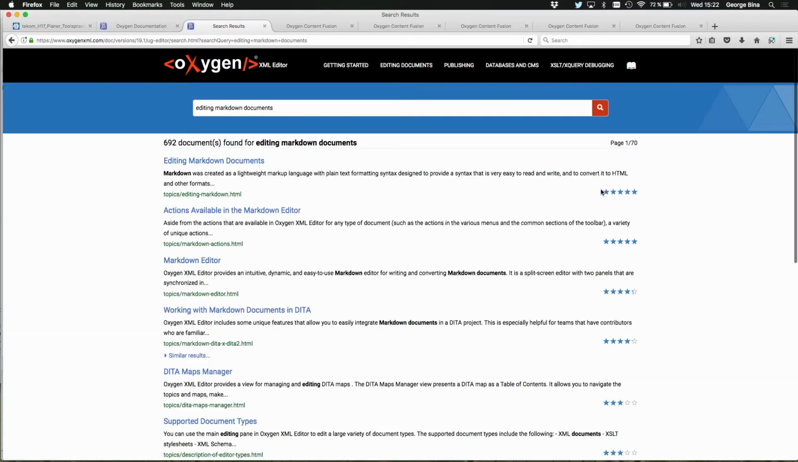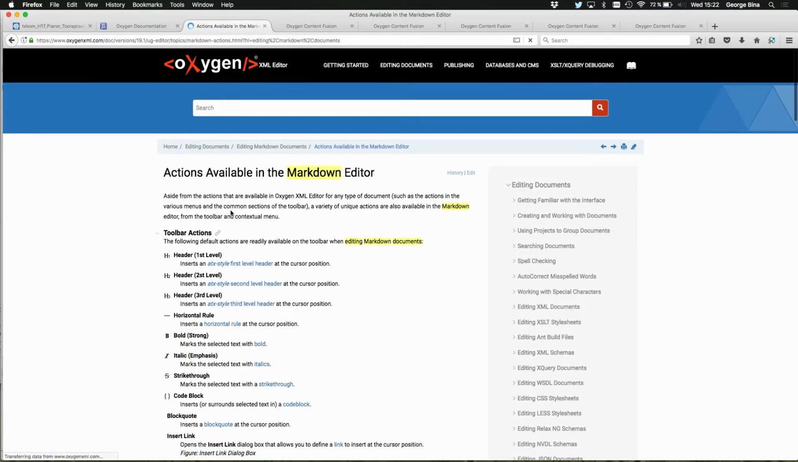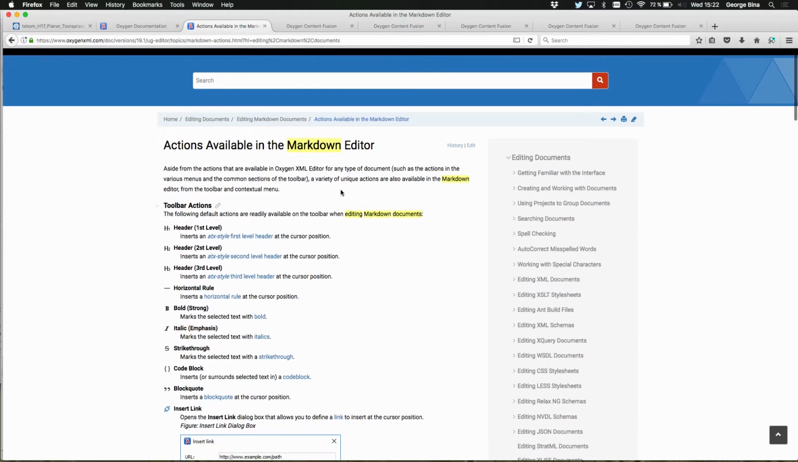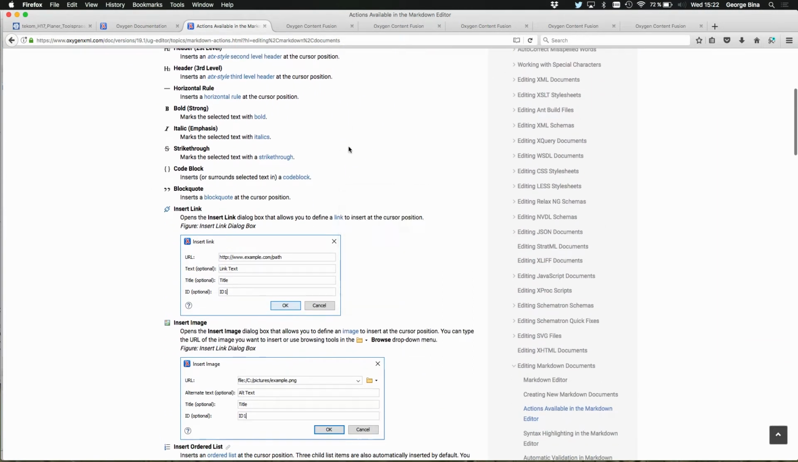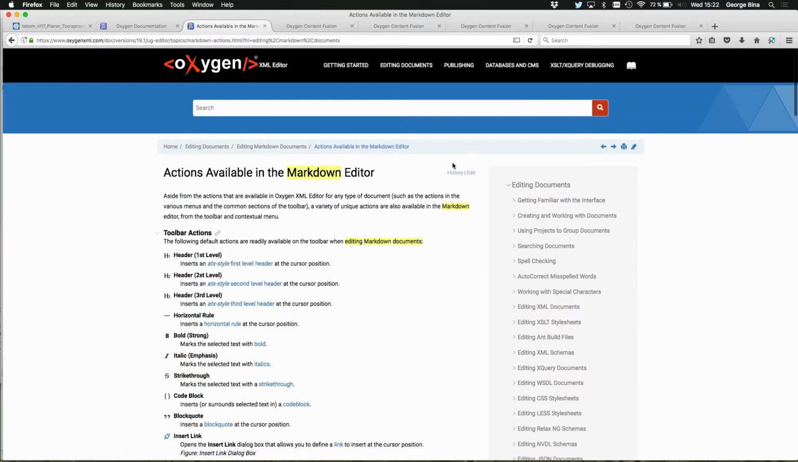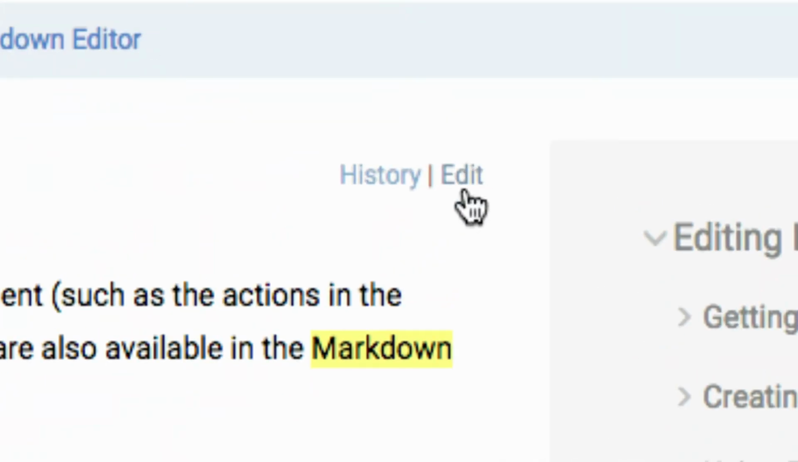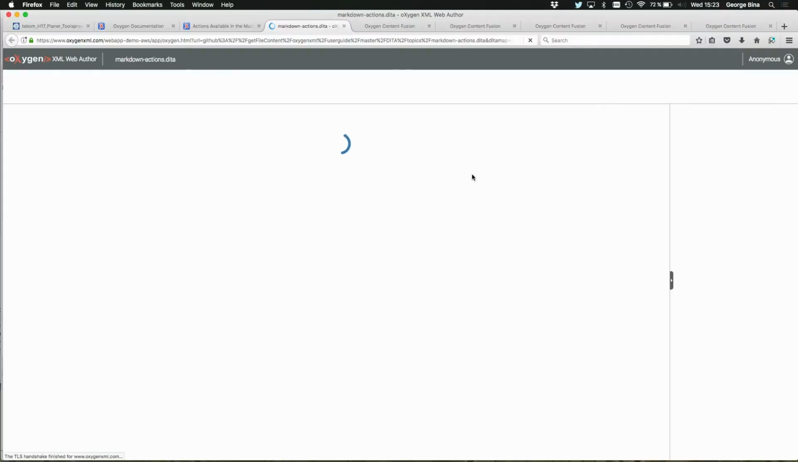The network is not that fast, but let's say you ask me about actions available in the Markdown editor, for a validation action, and maybe we have it, but it's not documented here. I have this edit button here, and I can just hit edit, and the web author will open, and if you look here, it's the base URL for the service